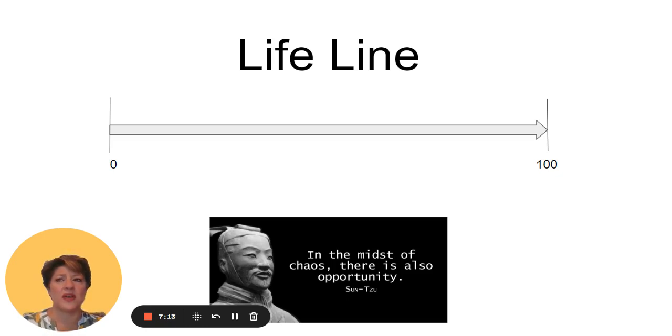I want you to think about this. You've got that amount of time to achieve all of the personal goals. You've got P to R, which is all your professional goals, but this P to D, that's how much life you have left to do all of the things you want to do. Call it a bucket list. Call it a legacy. What are those things that are important to you that you want to make sure that you do? So when you're on your deathbed or you're in your grave and they're looking at your tombstone, what are they saying about you? And again, have you taken the time to think about this?